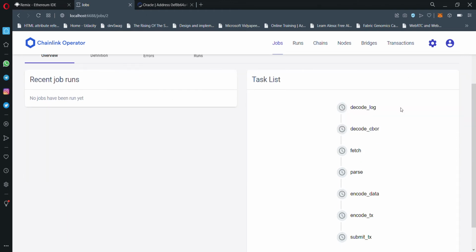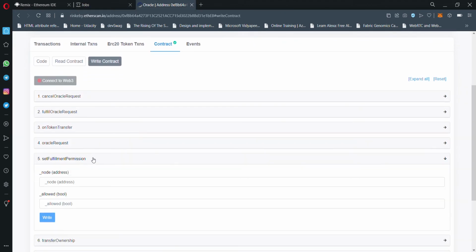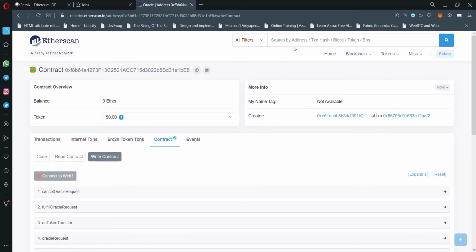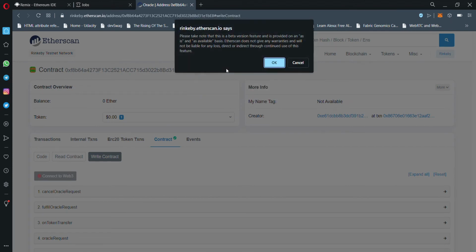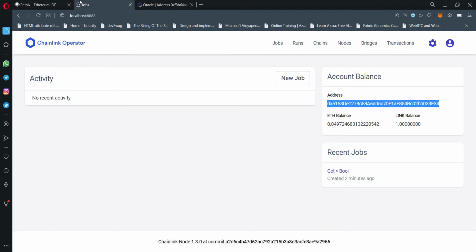Let's see what else. Oh yeah, now we will need to let the Oracle contract know that this specific node can communicate with it. So for that we will need set fulfillment permission. Here we will give the node address and say true. This function is basically used to allow a specific Chainlink node to get in contact with the Oracle address, to revoke the permission or to add the permission for that action. Okay. Connect to Web3 provider. Now, while that is being confirmed,